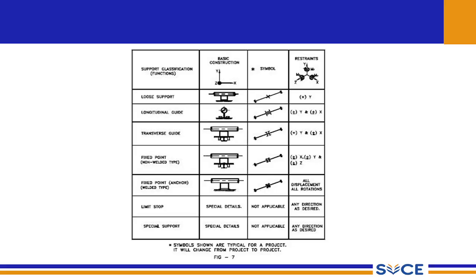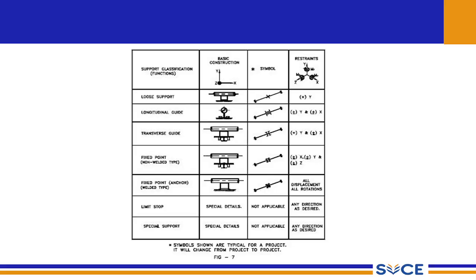Next is the limit stop. Limit stop is a special detail that I will discuss in the next slides. Here the limit stop is preventing the movement of the pipeline along a particular direction. For example, we want to move the pipeline along Z, but only up to a certain distance. After a certain distance, the pipeline should not move along a particular direction. Here I consider it as Z. So the limit stop will be provided to curtail the movement